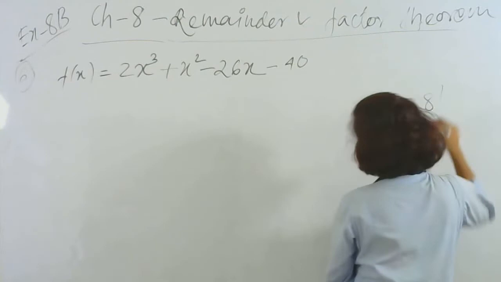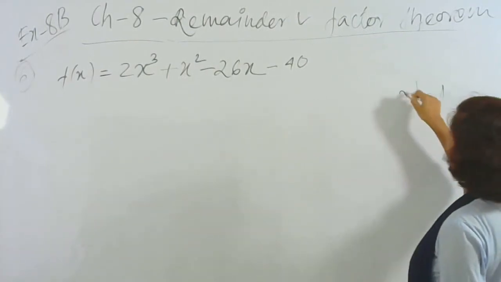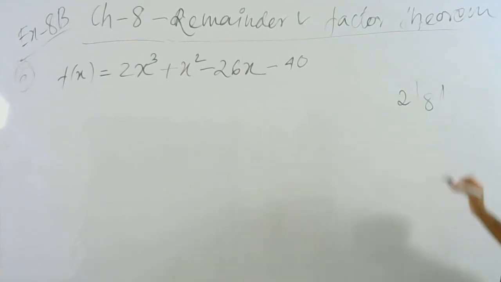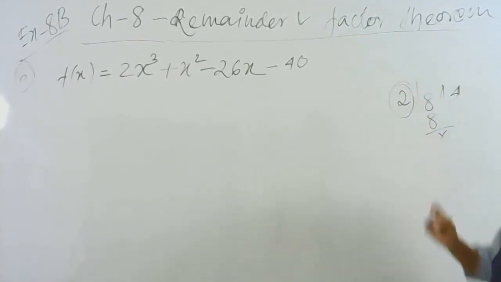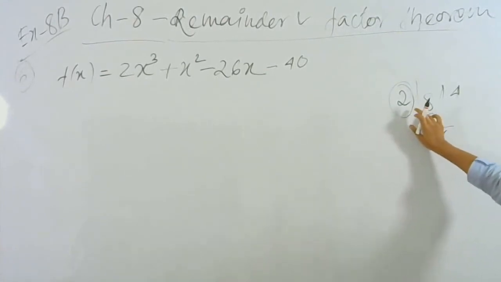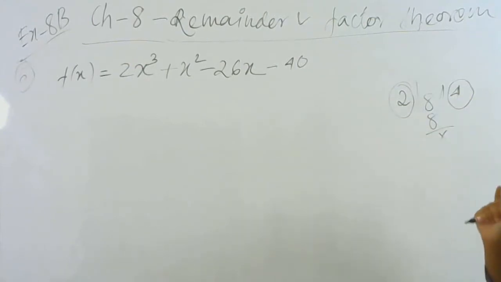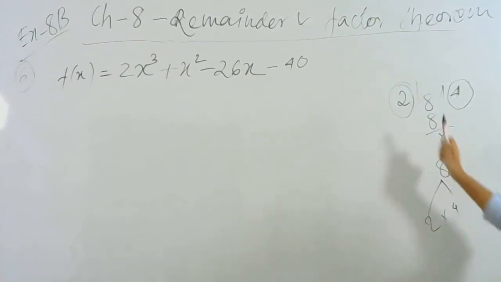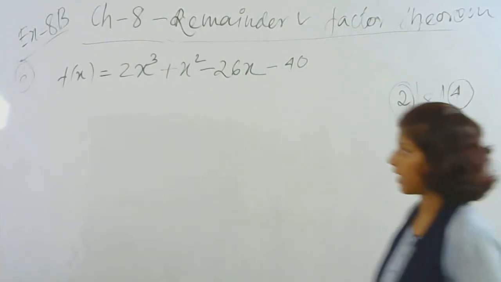For example, if I divide 8 by 2, what will I get? So 2 is definitely a factor of 8. Now you see, when 2 is a factor of 8, what am I getting as the quotient? 4. 4 is also a factor, right? 2 into 4, right? So if this is a factor, this is also a factor. So what we'll do is we'll do division.